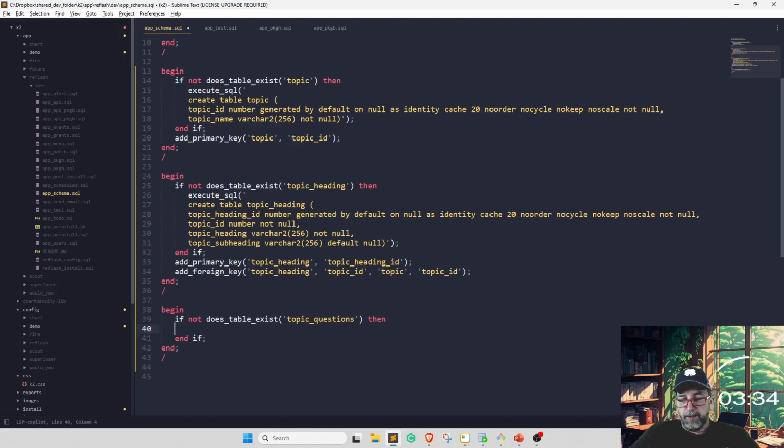So, is it going to be multiple choice? You've got different question types: multiple choice, true/false. You might have different tables for those, or you might have a kind of crazy table that can handle true/false and multiple choice. If you think about it, true/false is basically an A/B option, like multiple choice. You've got to record the answers somewhere.